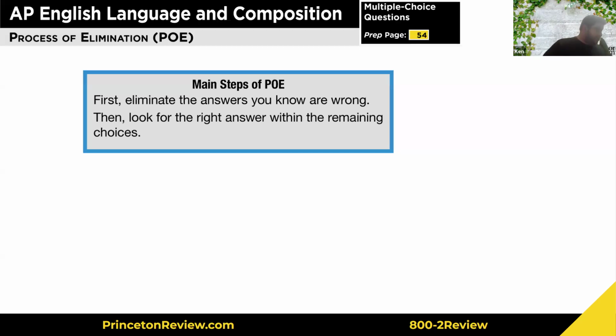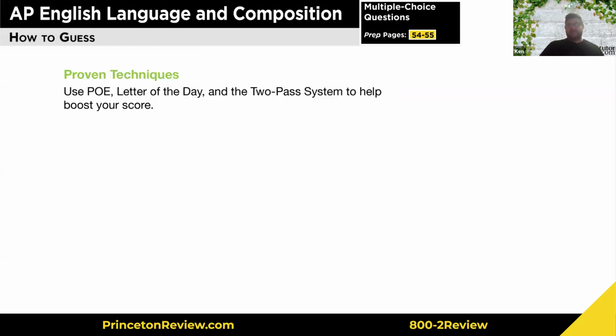And I'm going to sort of add to that. What you're trying to do is looking for the answer that's supported. And you might assume that if you're down to two, the best way to find the right answer is to ask which answer is trying to trap you. The right answer will be well supported, but phrased differently from the passage. The wrong answer might look like the passage, but it won't be supported. And that is something that we will talk about.